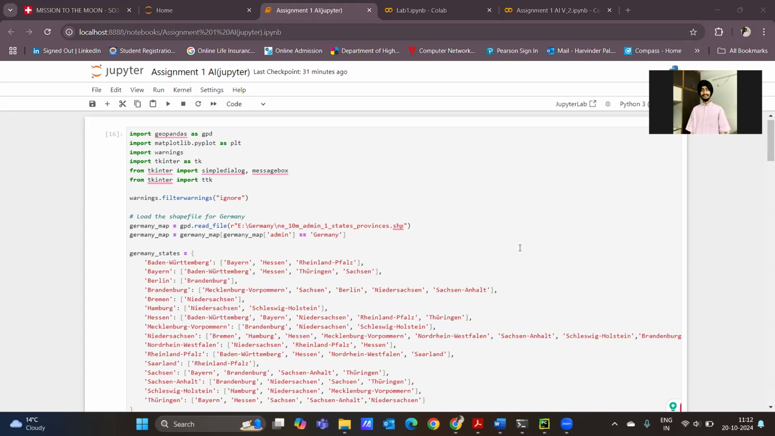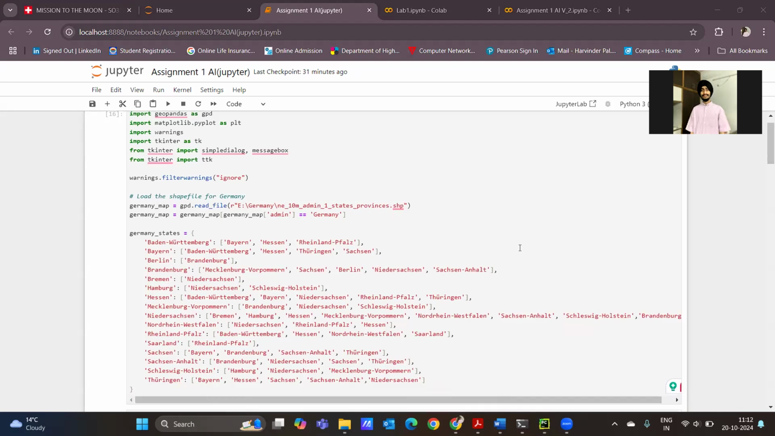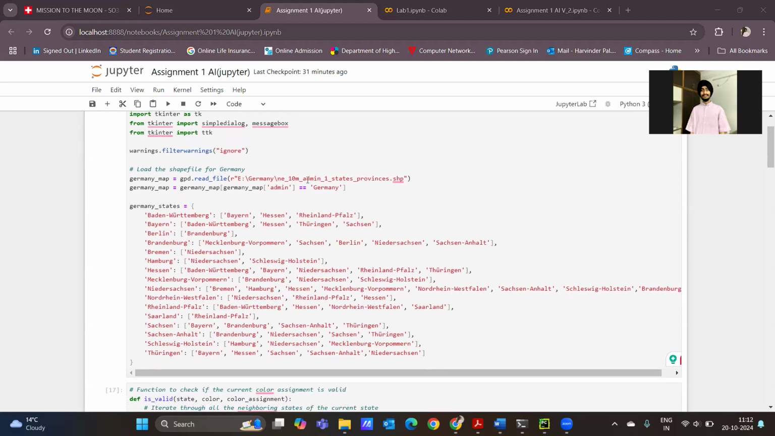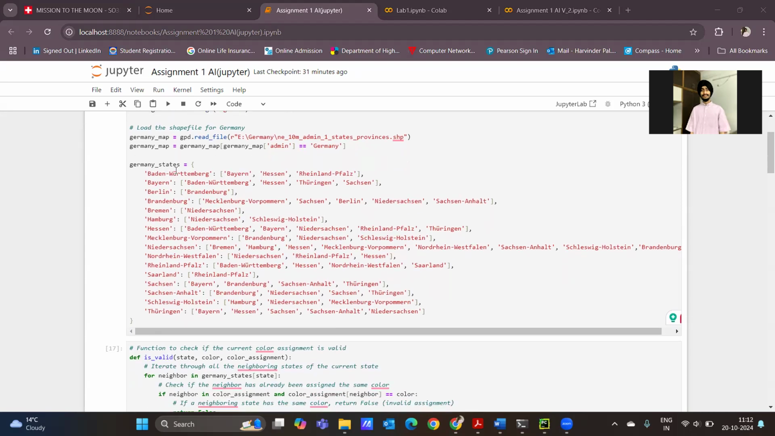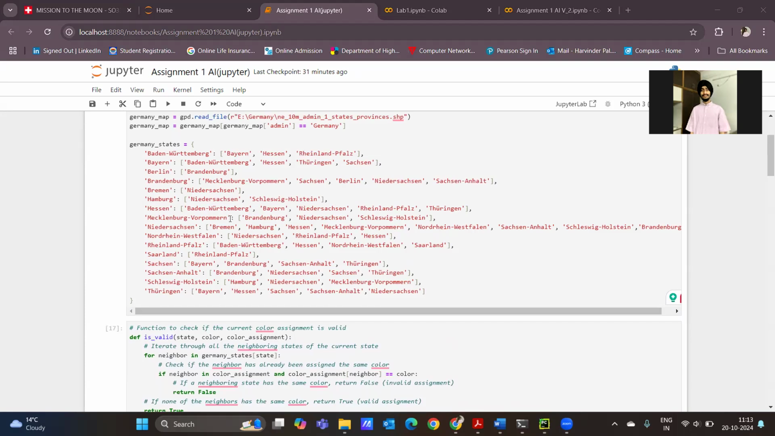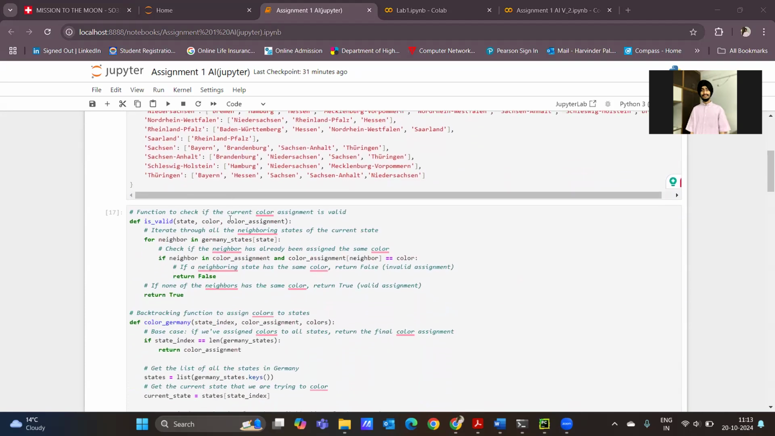loading the map of Germany, Matplotlib for plotting the map of Germany, then Tkinter, which is basically to use the graphical user interface for the user. After that, we create a variable Germany map to read our shape file of Germany. Then we create a dictionary which we store in Germany states, and for each state, I describe each state with their neighboring states so that no two states have the same color,